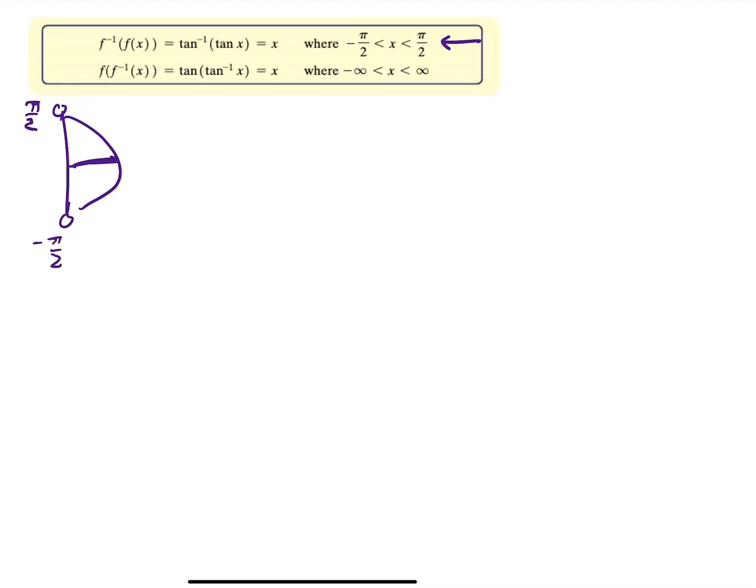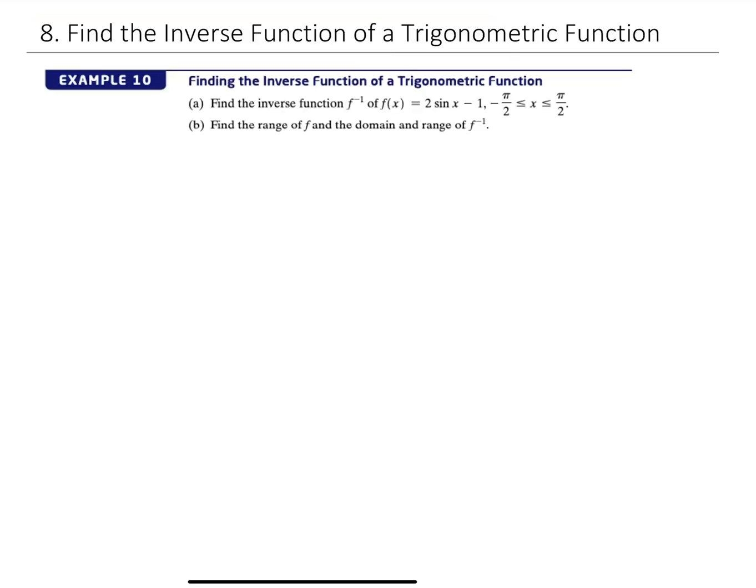All right, the next section is on finding the inverse function of a trig function that's given where there's been some modifications. So for example, let's look at part A. We want the inverse function of this function, 2 times the sine of x minus 1. So general strategy, if you remember, to find an inverse function,